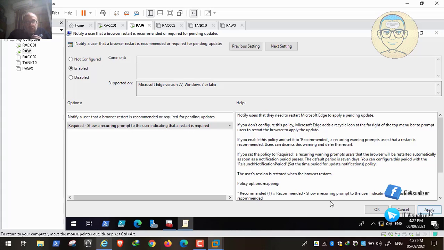The other one is recommended; I think the user can bypass the recommendation. Recommended shows a recurring warning that prompts the user that there is a restart recommended. Users can dismiss this warning and defer the restart. Here, with required, I think you cannot dismiss the warning. Here it is saying that